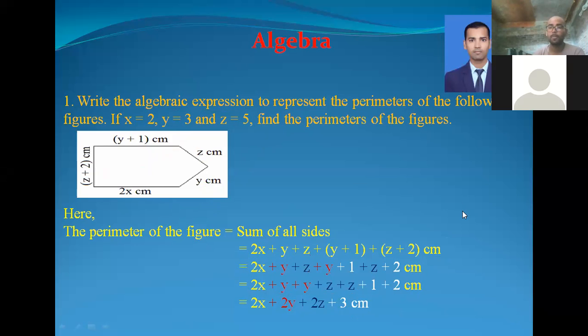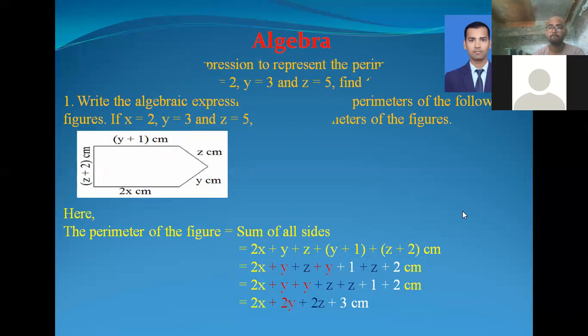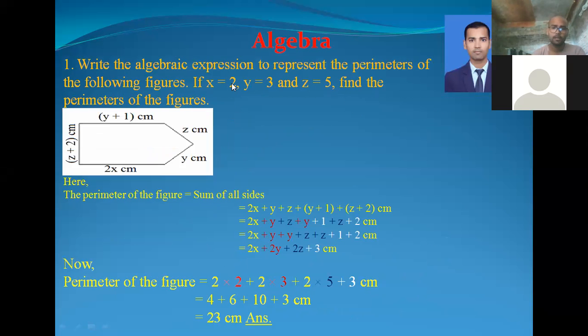So here we have this expression in which we replace their values, where x is equal to 2, y is equal to 3, and z is equal to 5. In the same way, the colors differentiate the values. So you can see on your screen here